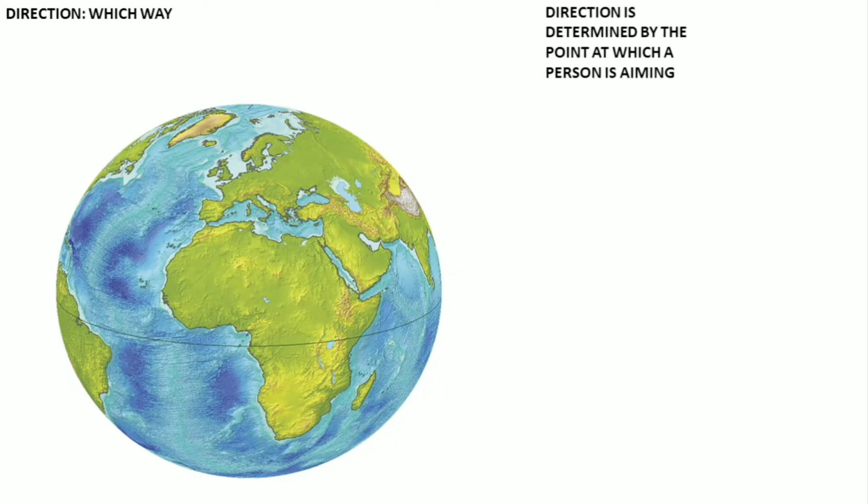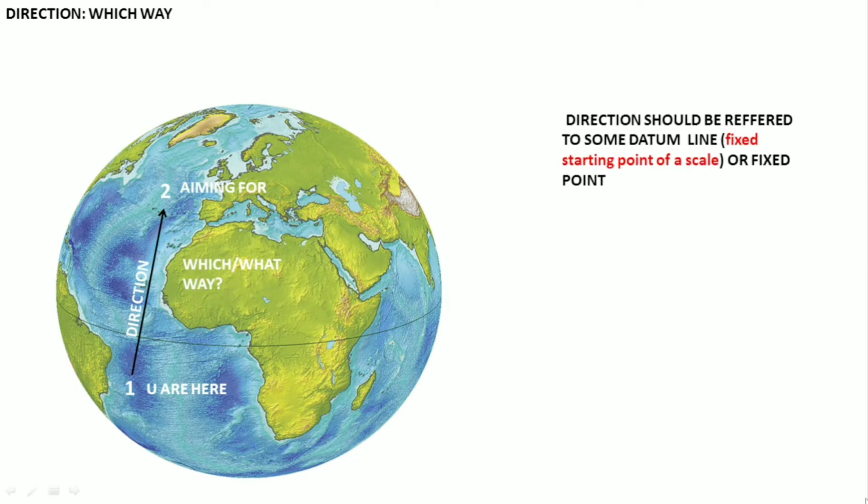Now, which way is determined by the point you are aiming for. If you are in some place and you are aiming for another place, this is your direction. But what is my direction? Which way is it? So you should have some reference point, some datum or some fixed point from where we